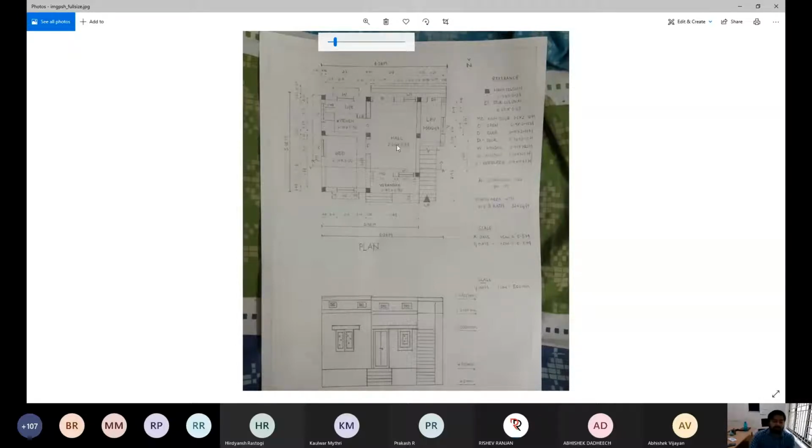One more thing I already discussed: the plan is a sectional plan. If you are cutting the building at the sill level, below the window, what is your top view? You imagine cutting the building this way. What you are seeing is the cut section, so the wall should be in hatched format. You should take care of that.